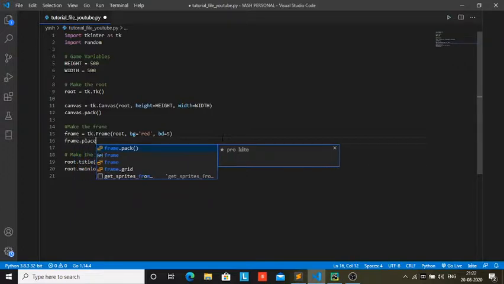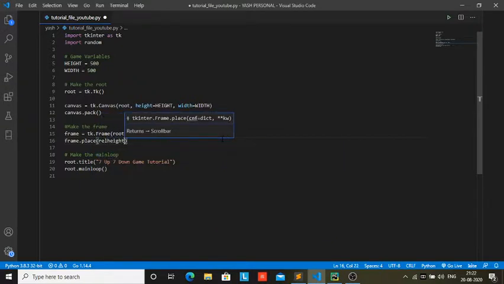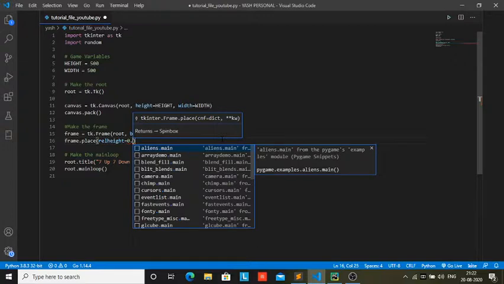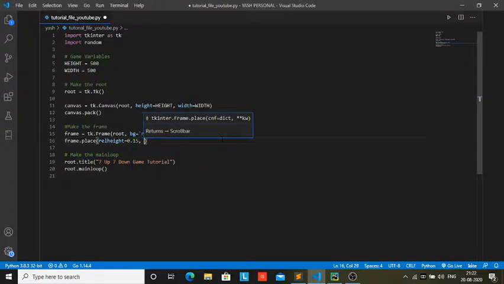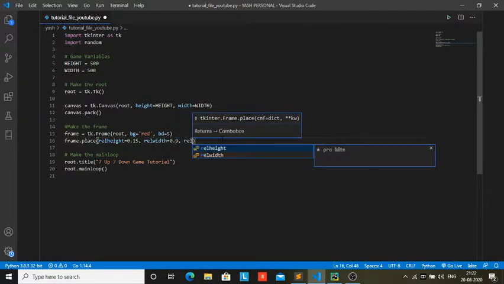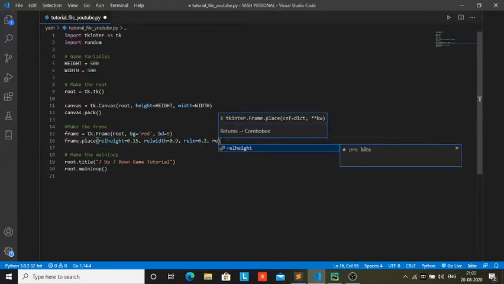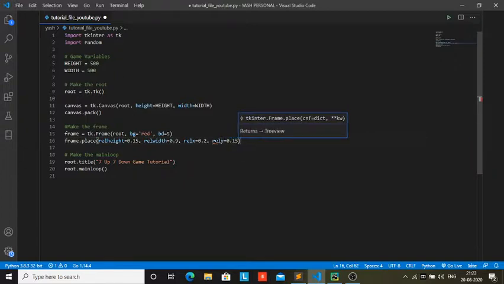And we just place it with a relheight of something like 0.15 with a relwidth of 0.9 and with a relx of something like 0.2, and also a rely of something like 0.15, and actually instead of 0.2 let's go 0.05,